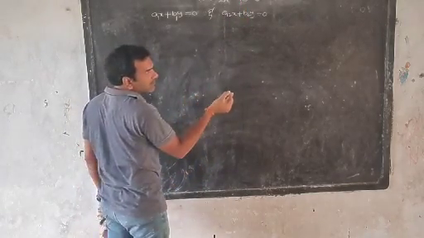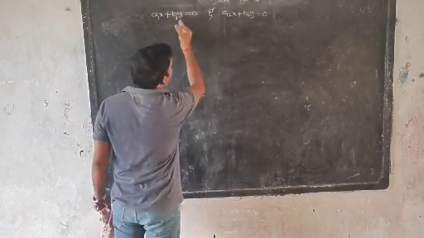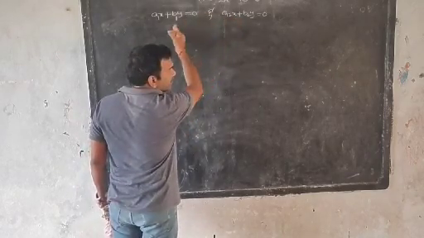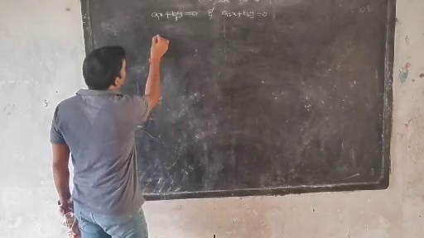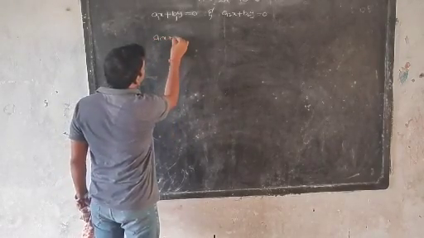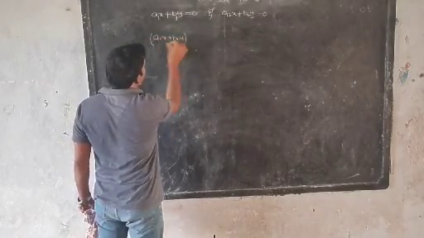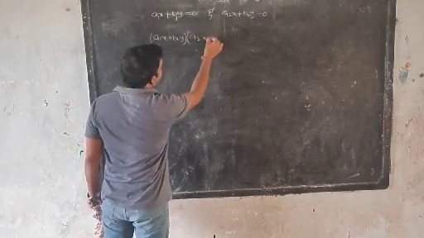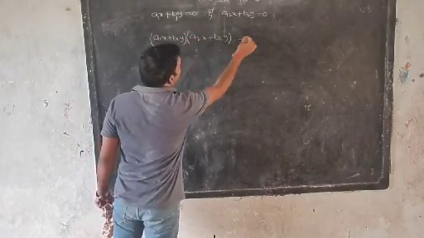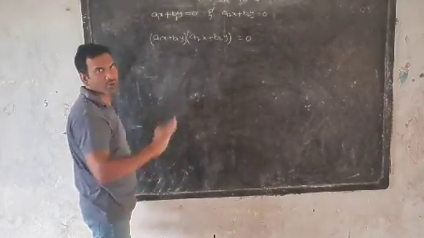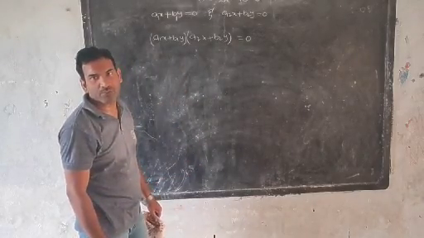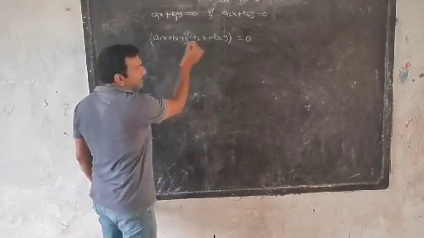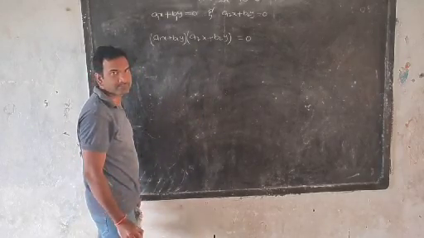To get that standard form, I am multiplying these two straight lines which are passing through the origin. That means (a1x plus b1y) into (a2x plus b2y) equal to 0 into 0, here I am taking that 0. If I multiply these two equations,